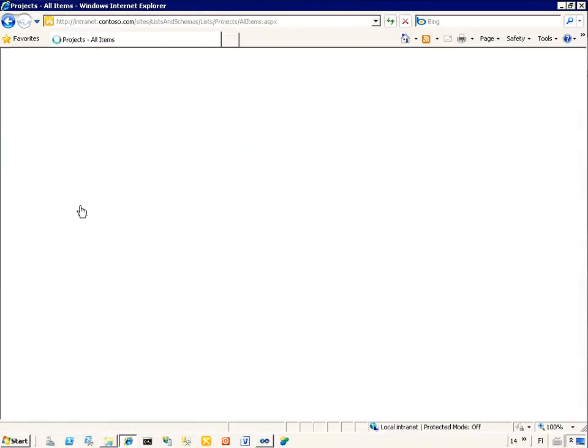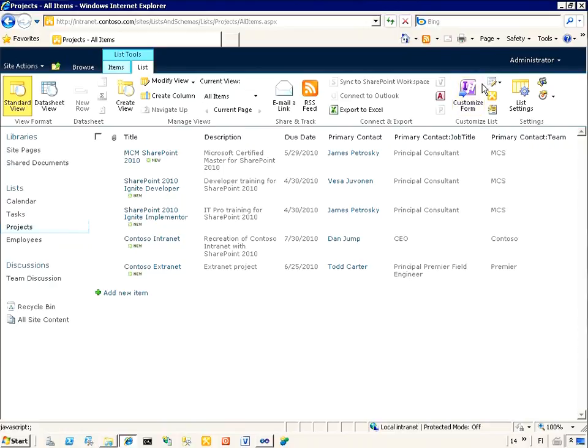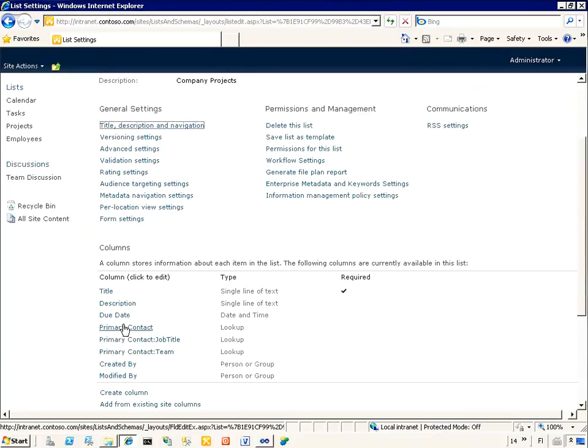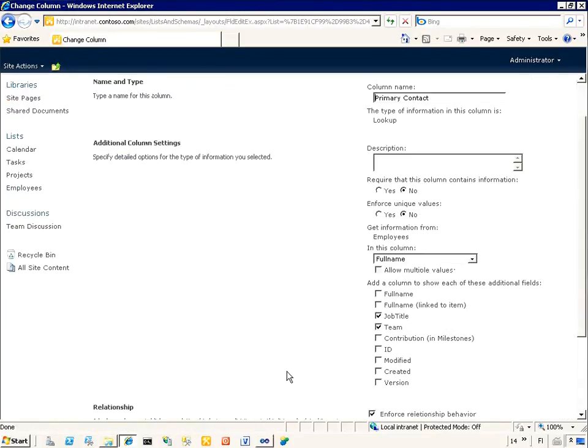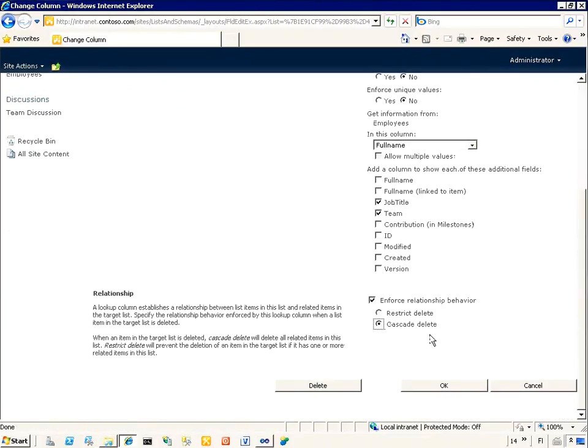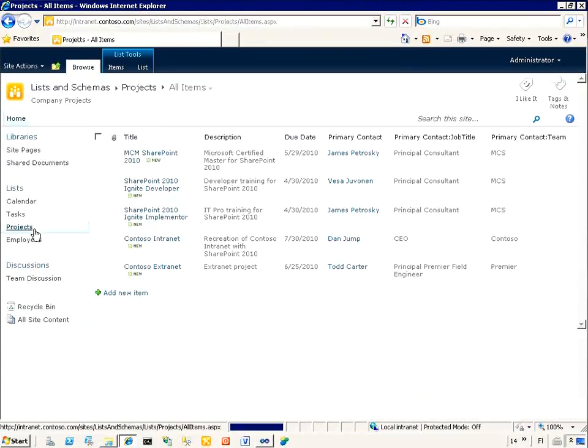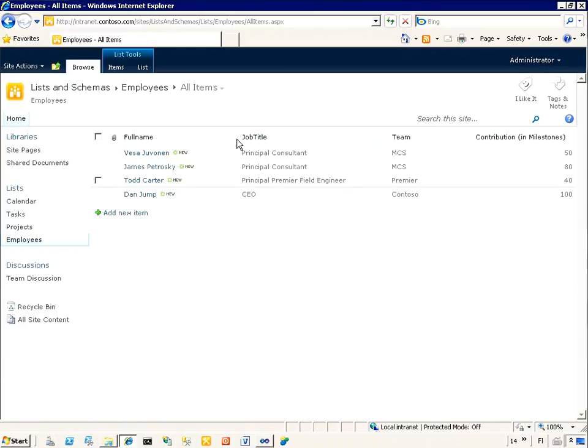The additional option concerning the relational lists was the cascading delete. If you are familiar with relational databases, you probably know what this means already. We can say that for cascading delete there is an enforced relationship behavior, and let's click OK. Let's have a quick view on our projects list. James is now the primary contact of two different projects. If we want, we can create the cascading delete relationship between the lists, and based on that information,